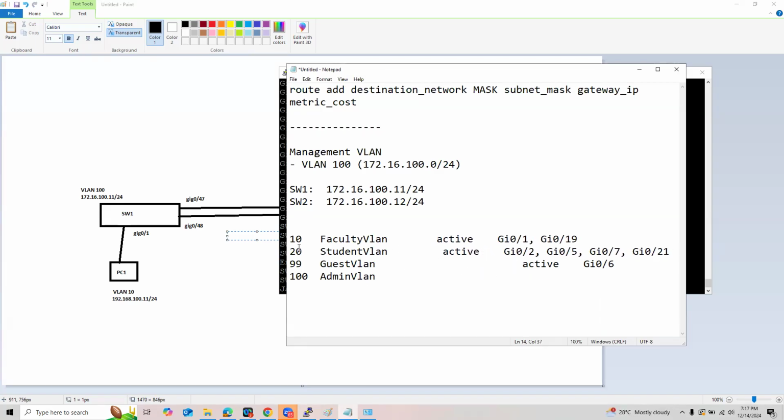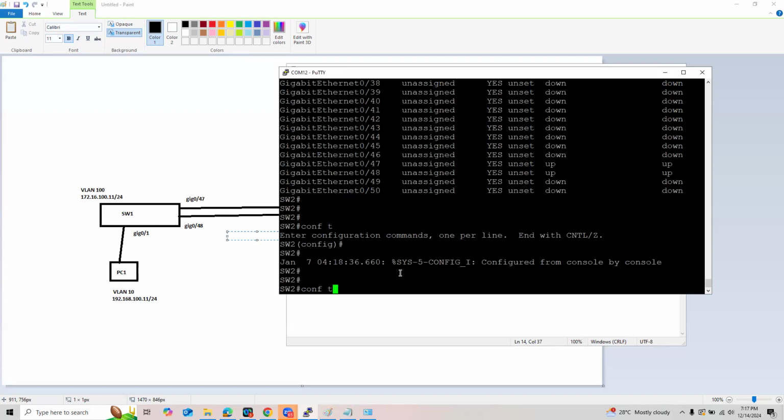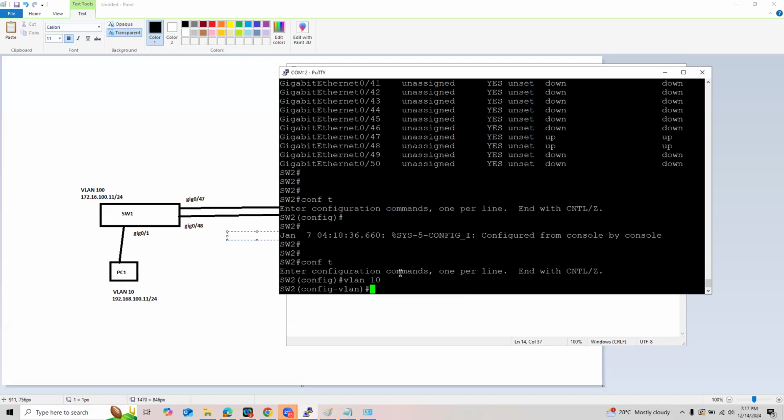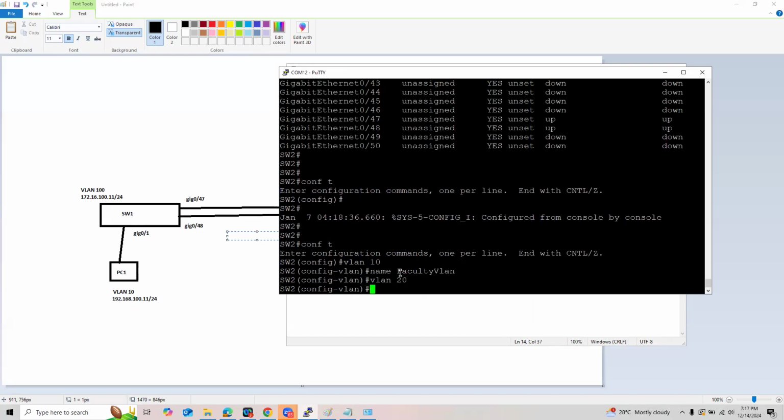So VLAN 10, 20, 99, and 100. This is what we're going to do here. We're going to create the VLANs. VLAN 10, what was the name again? Name is faculty VLAN. VLAN 20, name is student VLAN.